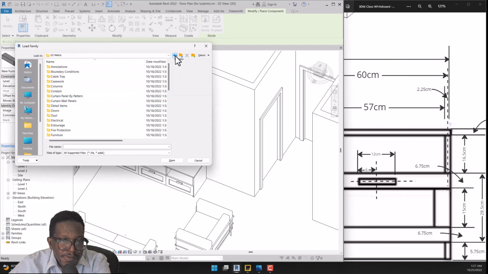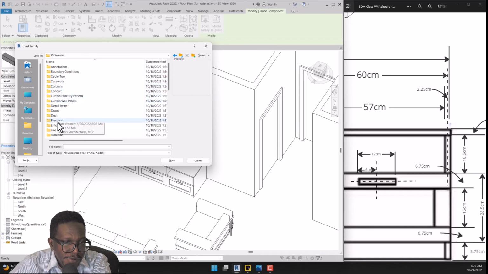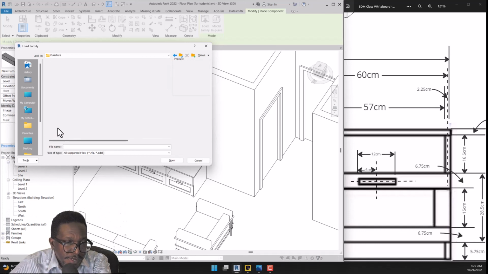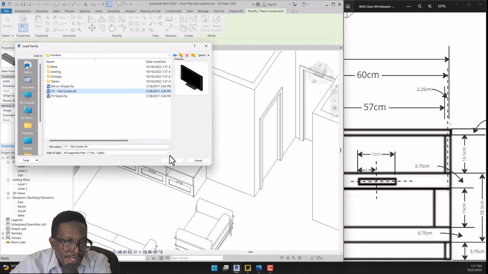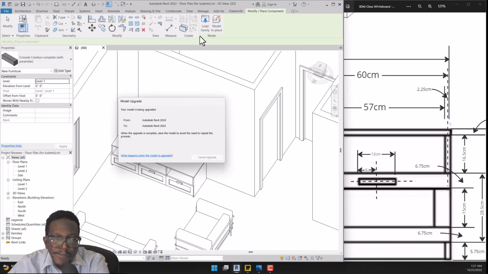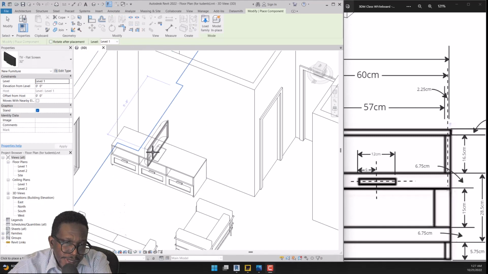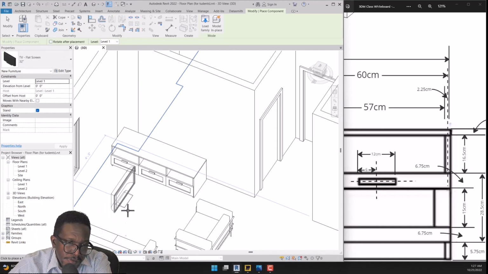Actually, this plan here is imperial, so I'll go to my US imperial, and I will go to furniture and TV flat, and I will load that family. And there it is. Alright, so I'm going to place it,